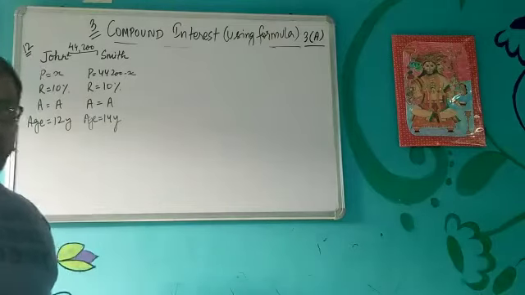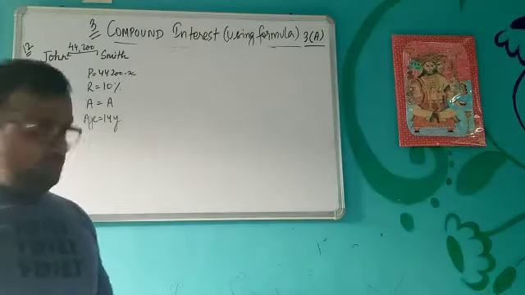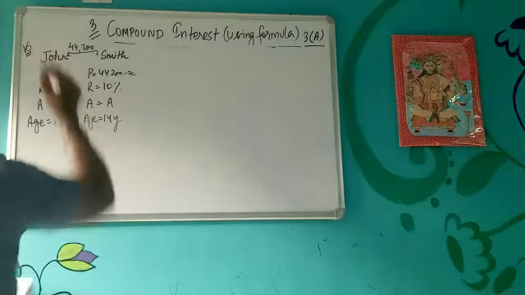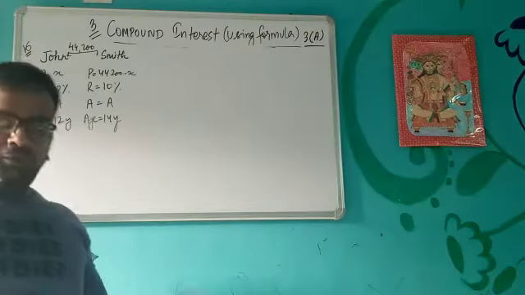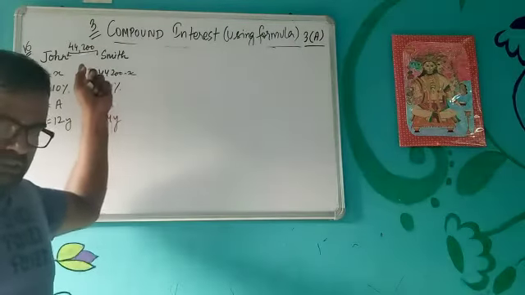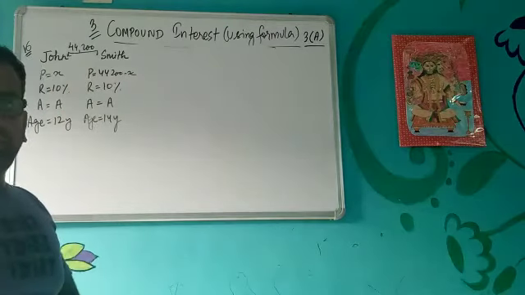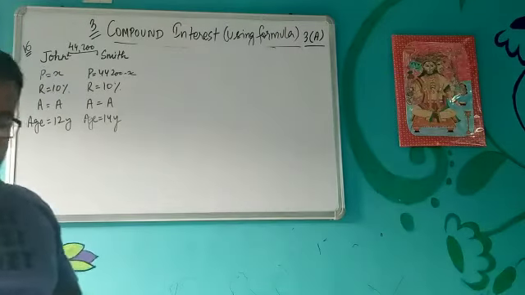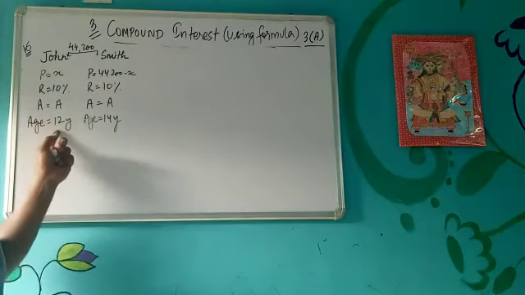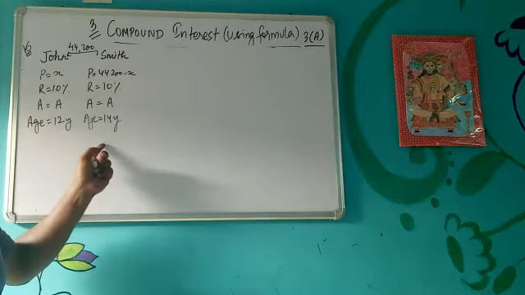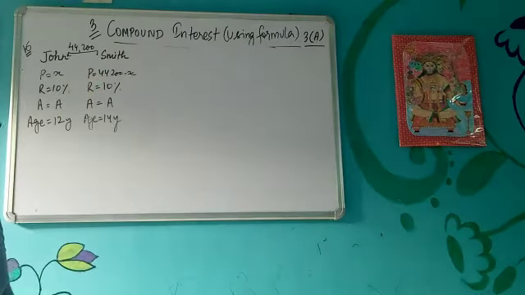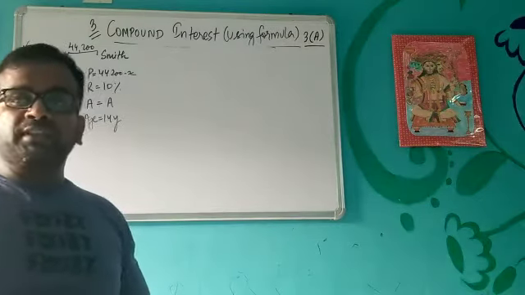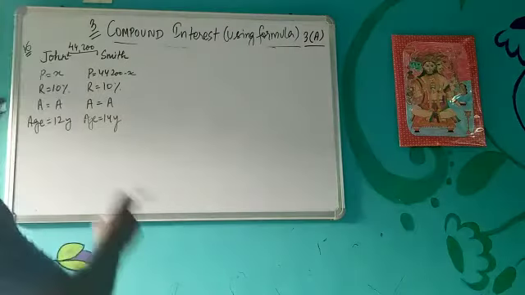Okay, let's discuss a different type of problem now. So in question number 16 it is given that a sum of 44,200 has been invested by John and Smith both combined at the rate of 10%. So John was 12 years old when he invested and Smith was 14 years old when he invested the sum, such that this division is such that at the end of 16 years, when they both become 16 years, they get the equal amount.